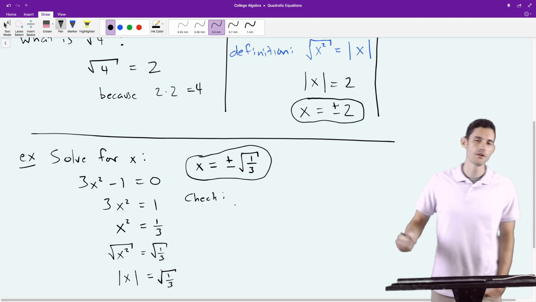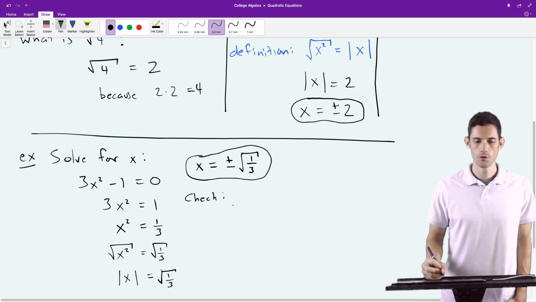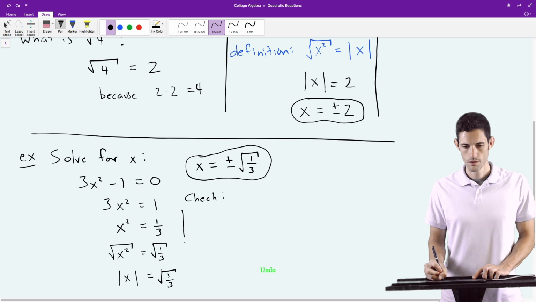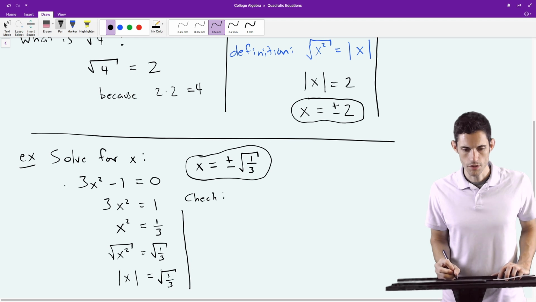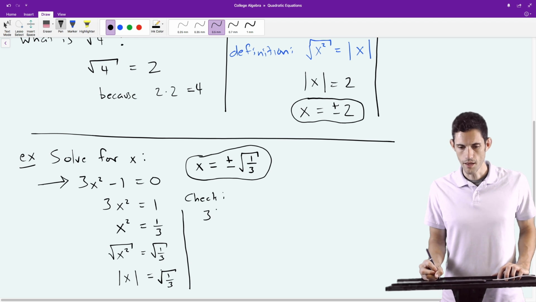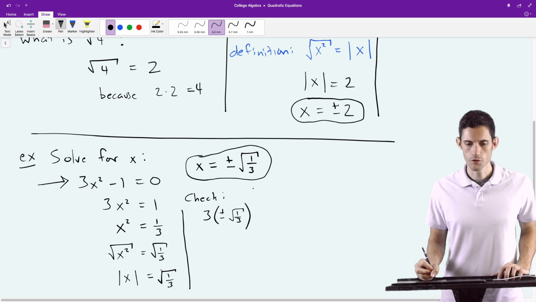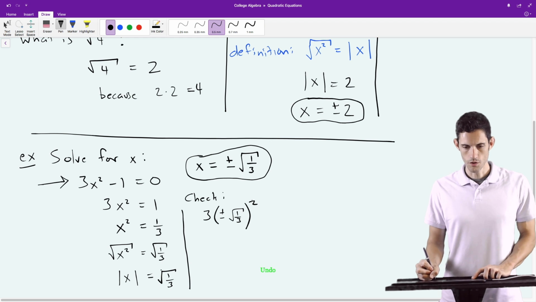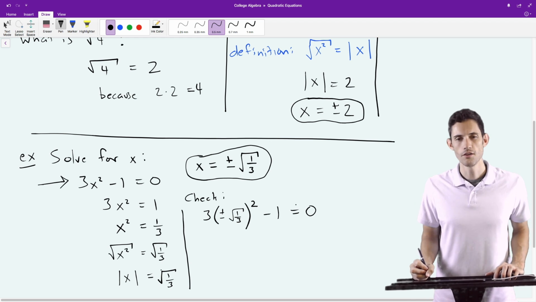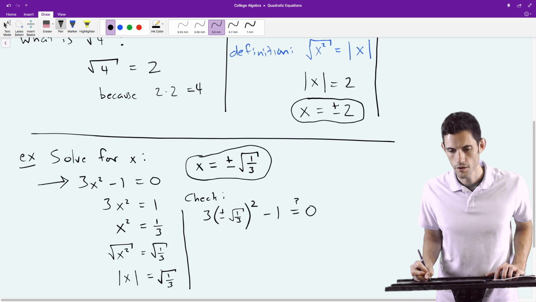To check your work, you take your solution and plug it back into the original equation. So let me draw a vertical line here. The original equation is here. So 3 and x is plus or minus the square root of 1 over 3. And then the original equation says square, and then minus 1 is equal to 0. And I like to put a little question mark here,